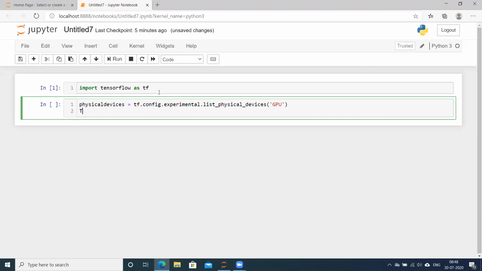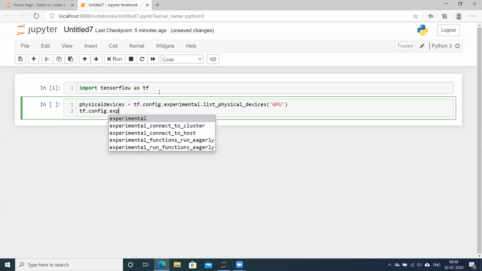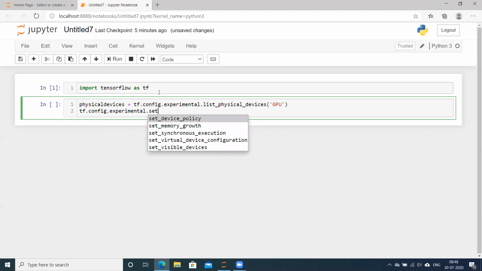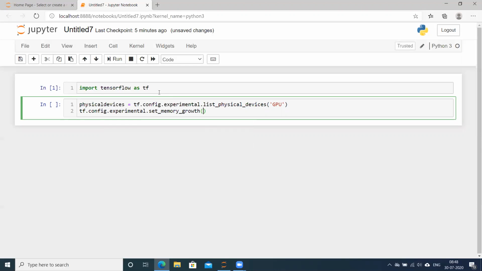Later on we will also discuss the complete significance of this particular command, but currently if you are working on systems where you want to use the GPUs, kindly make sure that you are writing this command, because sometimes when it is running your code, in between it might give you problems like memory issues. These issues could be resolved if you set this particular command here.